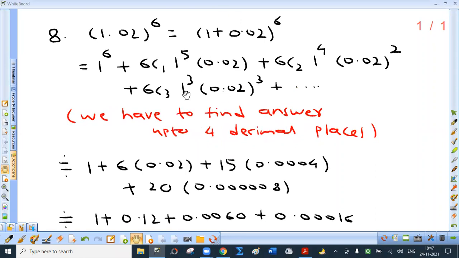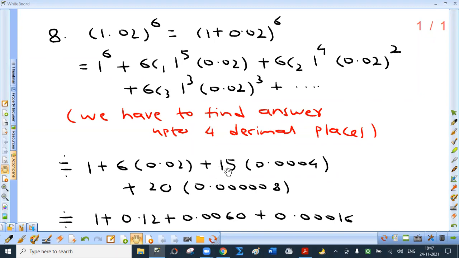See, there is no point in considering remaining terms, because 0.02 cube itself is 0.000008, and we have to find the answer correct up to 4 decimal places. It is true that we have to multiply this by 20, but still. Okay. Now 1 raised to 6 is 1, 6C1 is